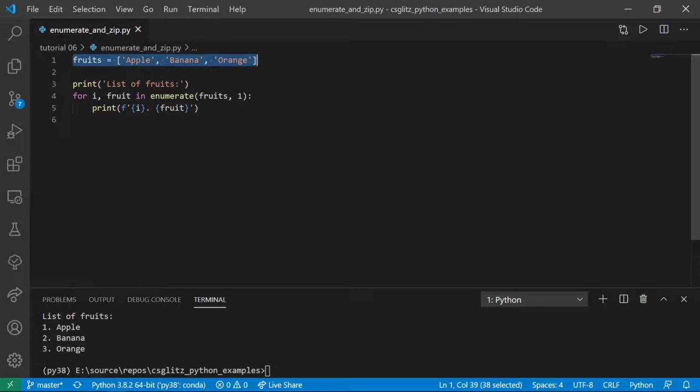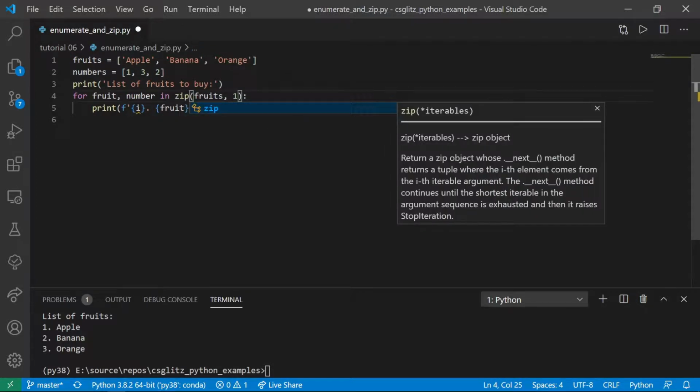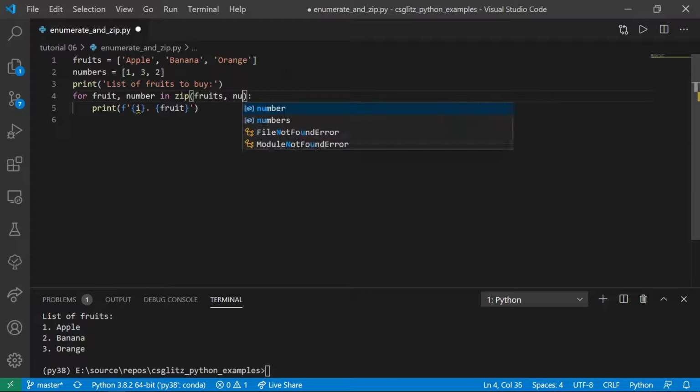Another useful function is zip. When we want to traverse two or more lists, we can use it to get items from them. Let's say we want to buy 1 apple, 3 bananas and 2 oranges. This will get items one by one from both of the lists, and we can access them via these two variables.